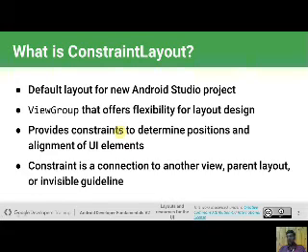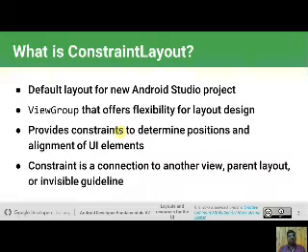What is constraint layout? It is the default layout for a new Android Studio project. When you create any new Android project, Android Studio by default creates the constraint layout in the XML file. It is a view group that offers flexibility for layout design, meaning using the constraint layout you can design any type of design for the activity, and it is an attractive layout.